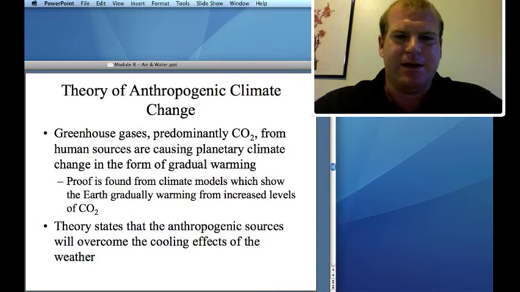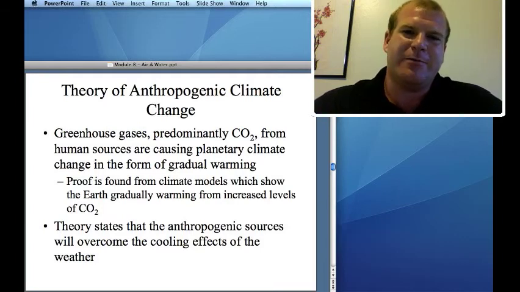And the problem with this is that anyone who tells you that more greenhouse gases means a warmer climate is either ignorant or lying to you. The simple proof is, we talked before about water being a powerful greenhouse gas. When water warms up, more water evaporates. So if we assume that more greenhouse gases mean a warmer climate, then water evaporating will warm the earth, which will cause more water to evaporate, which will warm the earth. This would continue until the oceans boil away. And the oceans have not boiled away, so you know that that's not true.